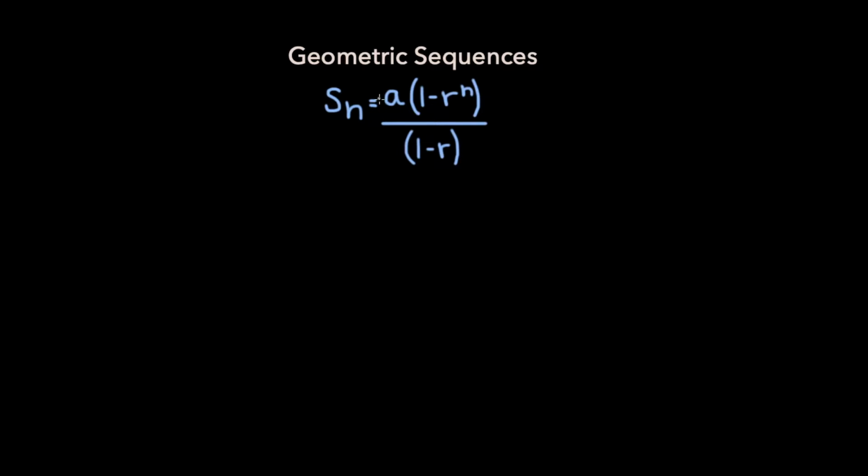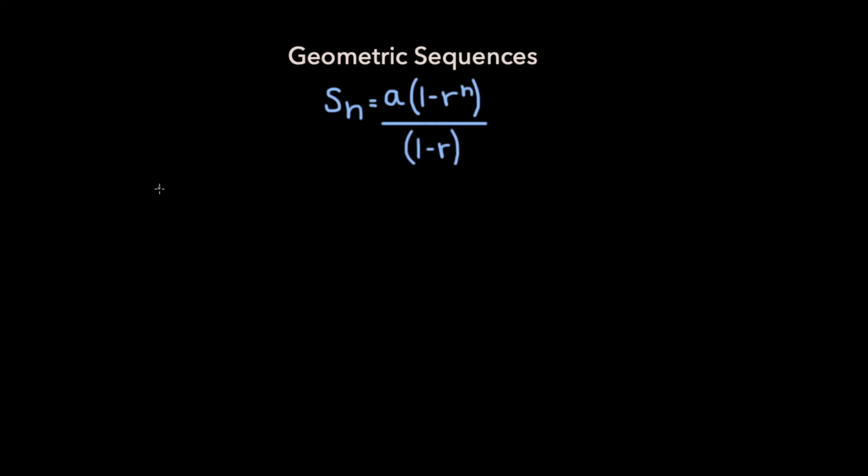In this video, we will prove that the sum of the first n terms in a geometric sequence, which I'm going to call S sub n, is equal to a times 1 minus r to the power n all over 1 minus r. Recall from the last video I made about geometric sequences, which I'll link in the top right of the screen right now,